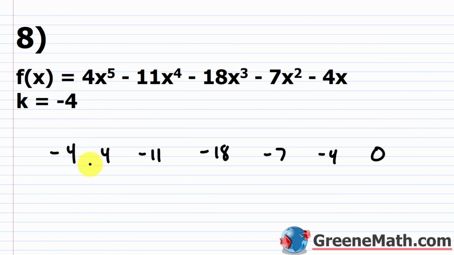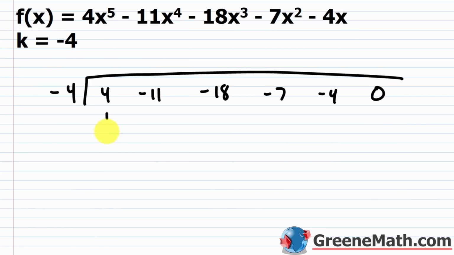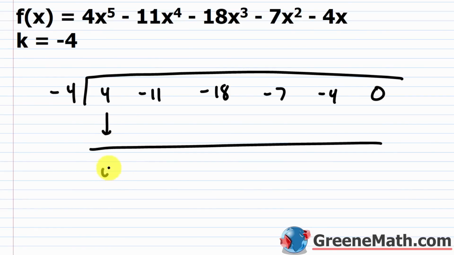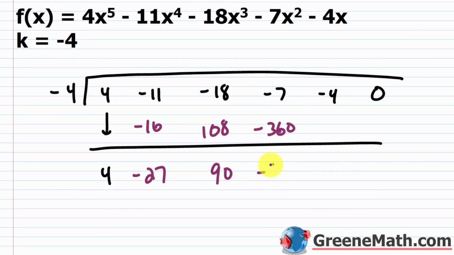Let me redo this. So let me drop this down. And we're going to multiply. So negative 4 times 4, that is negative 16. Negative 11 plus negative 16, that is negative 27. Then negative 4 times negative 27, that's 108. Then negative 18 plus 108, that's going to be 90. Negative 4 times 90, that's going to be negative 360. Then negative 7 plus negative 360, that's negative 367. Negative 4 times negative 367, that's going to be